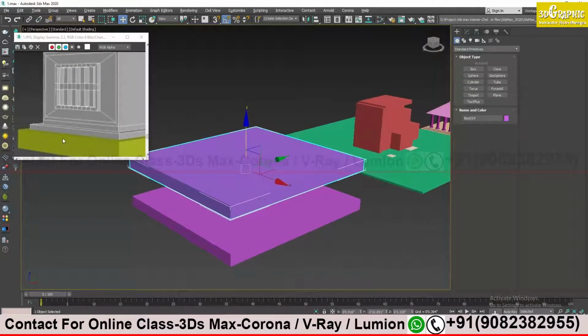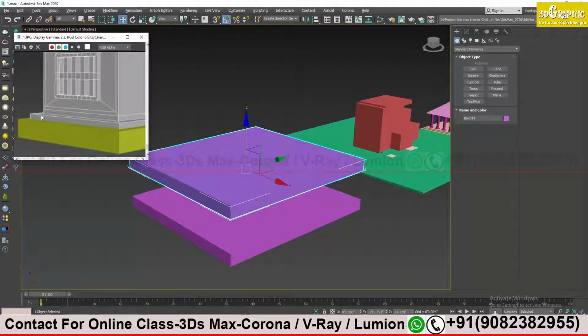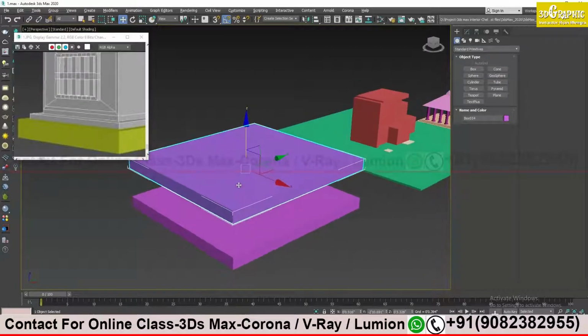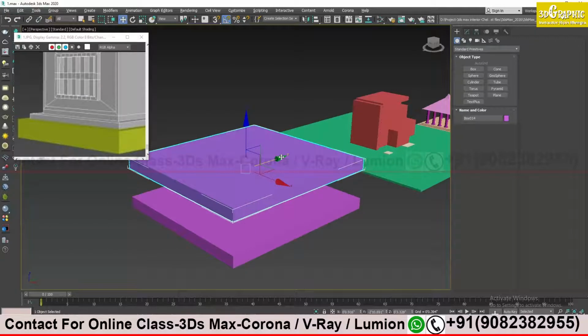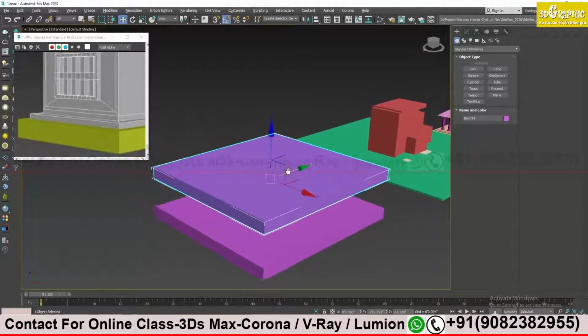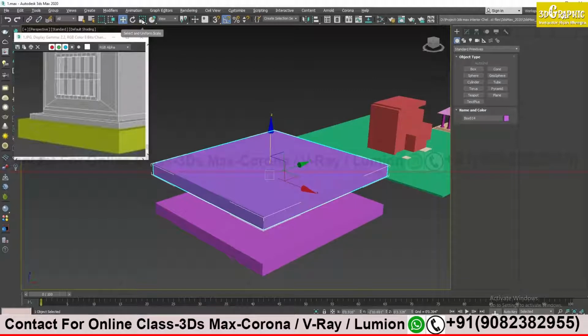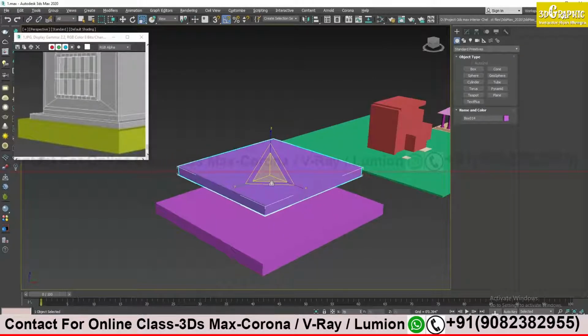Now I can see that the above box is a little bit smaller in size. So to make it smaller in size, I can scale it, or there are two ways. I will tell you two ways. The first way, take the scale button over the top. There is a move button, rotate button, and scale button over here. So I will click on the scale button and I can scale it to reduce the size. Simple.